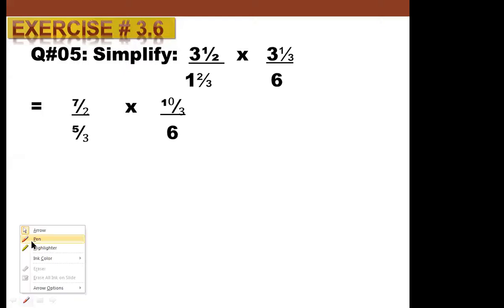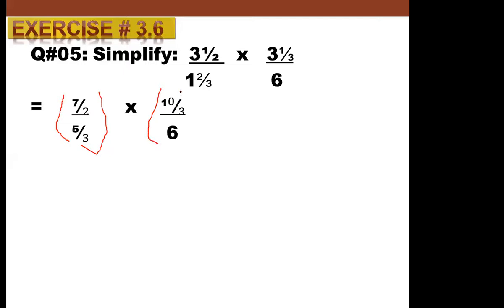Okay, now this is very simple and easy, but in the next step you have to choose your step very wisely. How? If you look here, this is your first complex fraction and this is your second complex fraction, and you have to multiply these two complex fractions. But first you will divide them. First you will divide these two fractions and then you will multiply their answers.